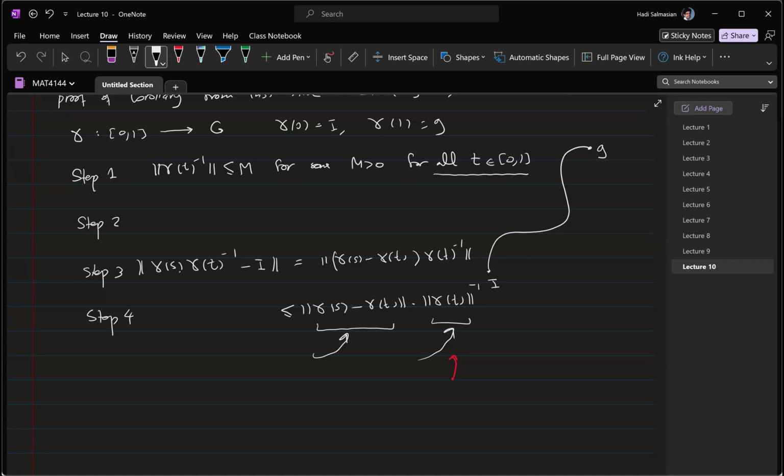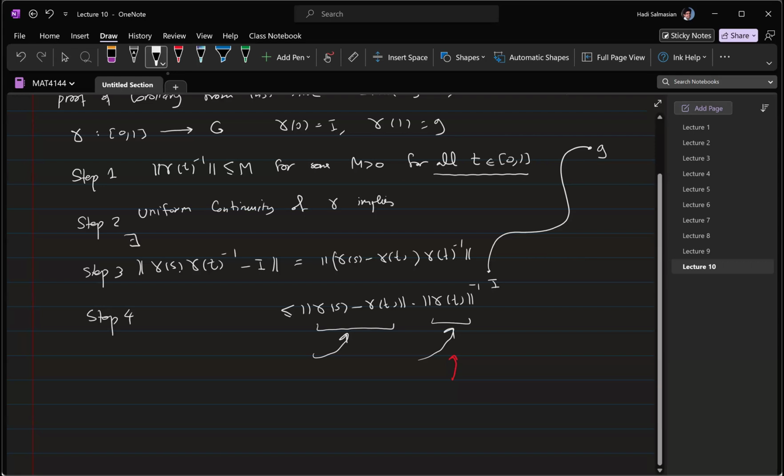And that was a consequence of, pardon? Uniform continuity. So uniform continuity, any continuous function on a compact set is uniformly continuous, okay? So uniform continuity of gamma implies